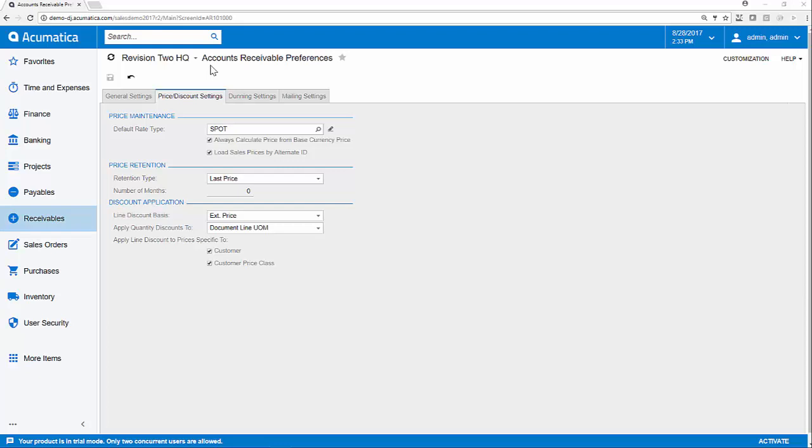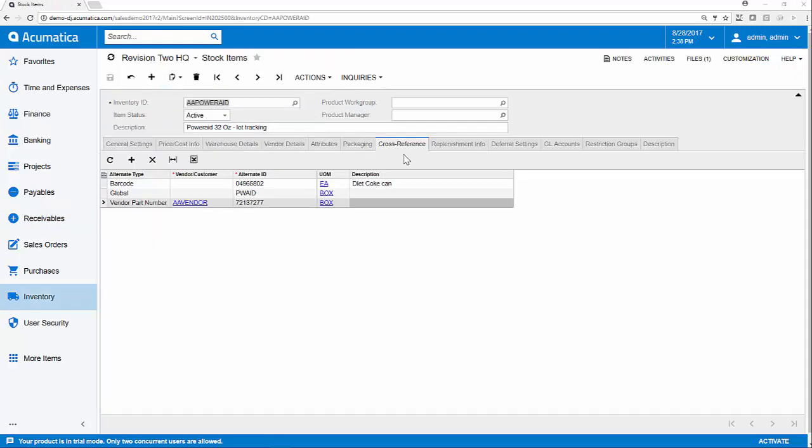Finally, we will take a look at alternate ID improvements. On both the accounts receivable preferences and accounts payable preferences forms, we have added a checkbox to load sales prices by alternate ID or to load vendor prices by alternate ID. This means that a user can now make it possible to upload prices and worksheets by alternate IDs instead of item IDs. On the stock item record for my Powerade item, under the Cross References tab, I have created alternate